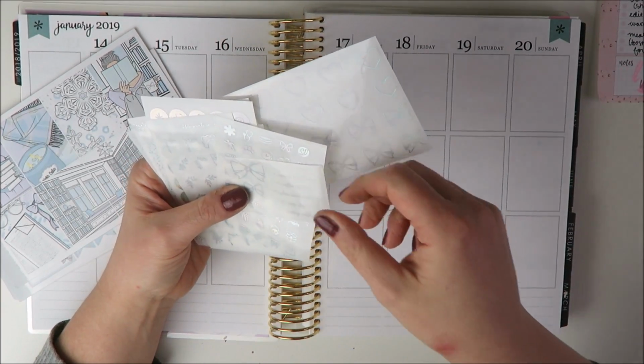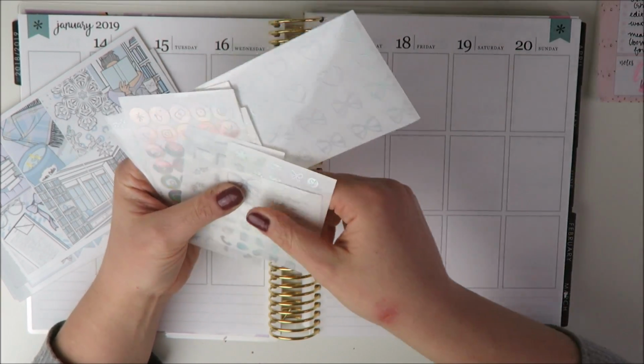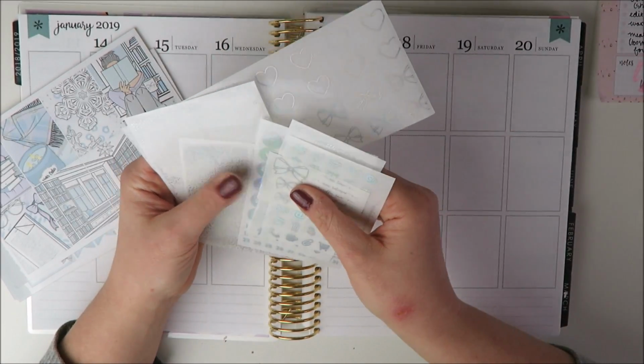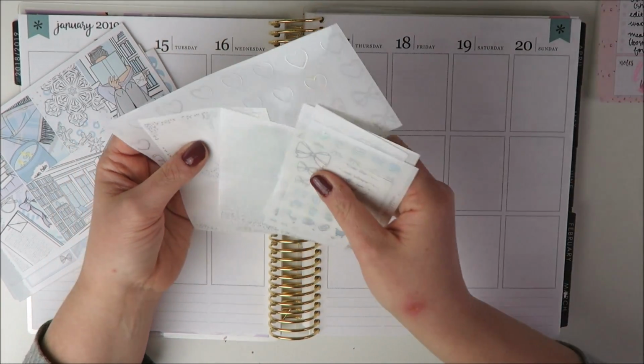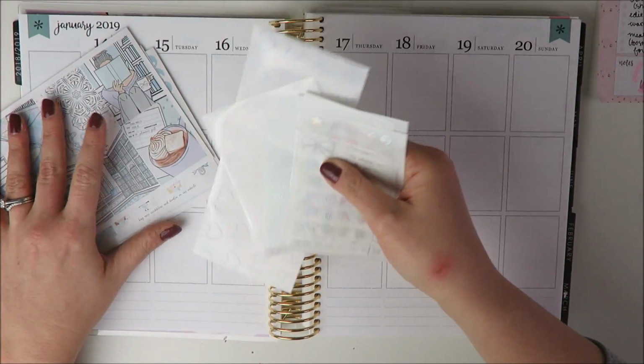Andrea does do manufactured foil, but because she does that, it allows her to do it at a higher volume and a lower cost. So if you're somebody that just wants to dabble in foil, it might be a nice way to do it. And also, it's a nice way to try out specialty foil colors without having a ton left over. So I thought it'd be really fun to try this hollow one with this kit,